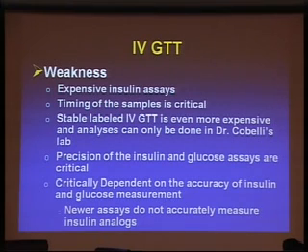Timing of the samples is absolutely crucial. You cannot be off a minute or two in those early decay curves or you'll miss it. If you use the stable label, you'll go crazy because we are going crazy with it. There's only one place in the world that does the analysis, and that's Dr. Cobelli's laboratory. And I think it's a meaningless sort of calculation, but we've got now 8 or 10 years of doing this into it, and I can't change. So I'm trapped because I want to compare to the old data, even though I know it's not what we